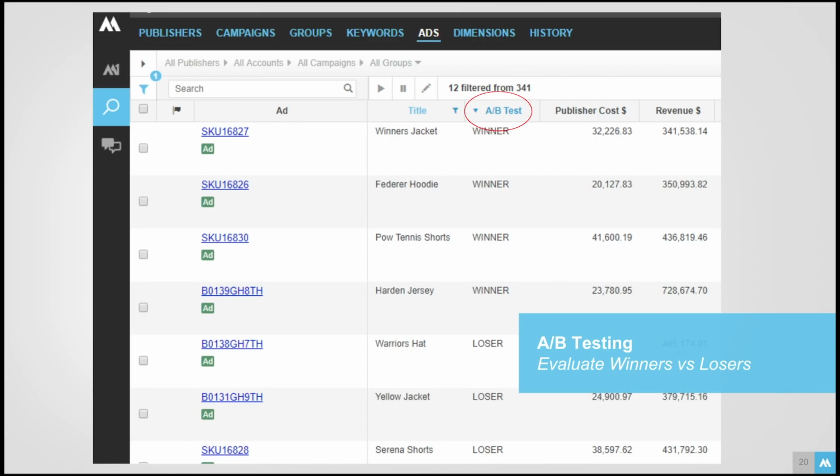Great. So as Brian alluded to, as you make changes in the feed, like adding an image overlay, you want to understand the effect of those changes. A collegiate way to do that would be to run an A/B test. Find out, does the product sell better with or without the overlay? Is adding color to the title, like Brian mentioned in an earlier slide, what's the resultant impact of that change? Is it better or worse off with brand in the title, yes or no? These are things that you can determine: your test and your control group, make the change on the feed side, and then interpret the